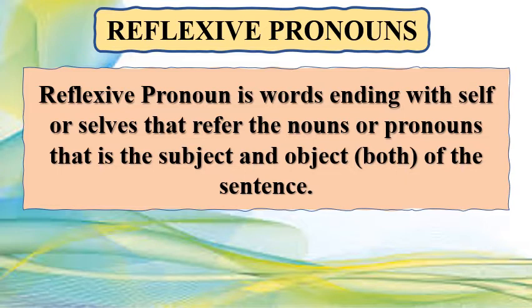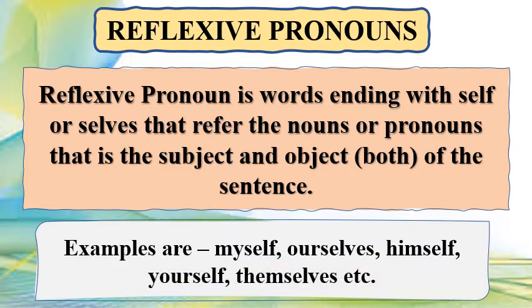It happens sometimes that we use a word like in "Anu has made cake for Anu." For example, this is the sentence: Anu has made cake for Anu. So can I say Anu has made that cake for herself or himself? Anu can be a girl or a boy, whoever is there. Anu has made that cake for himself. Can you say that? Here the word himself is replacing the noun Anu. So here the word himself is the reflexive pronoun. Examples are myself, ourselves, himself, yourself, themselves.